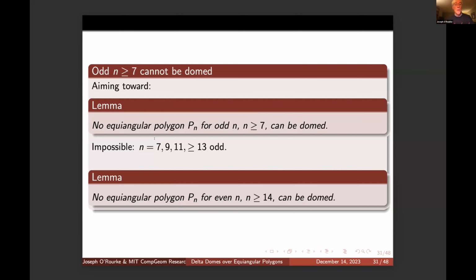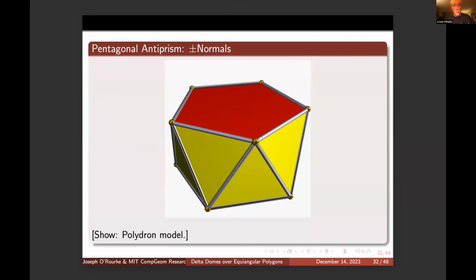So this would prove, if we get this limit, that 7, 9, 11, and 13 and greater odd cannot be domed. And then we'll get the same thing for n greater than 14 for all even, and that will then settle that list that I showed you. Now, what I want to show you next, before I go into the details,